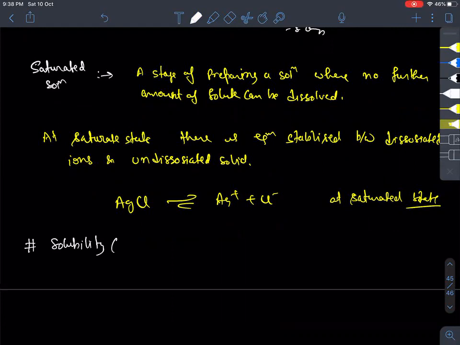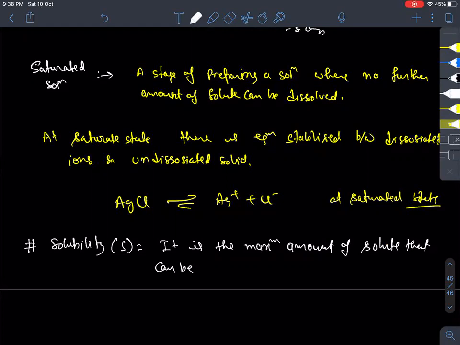Solubility, denoted by S, is the concentration or the maximum amount of solute that can be dissolved per liter of solvent. So the maximum value means basically we are talking about how much we can dissolve till the saturated limit is